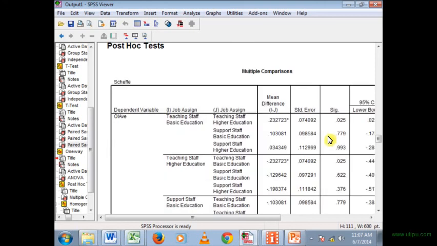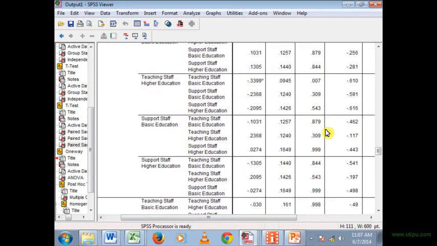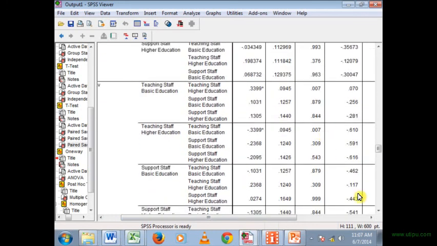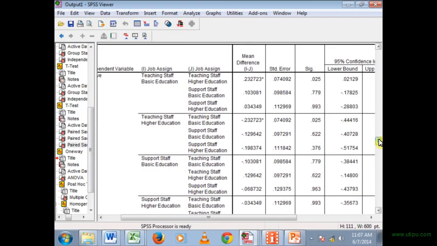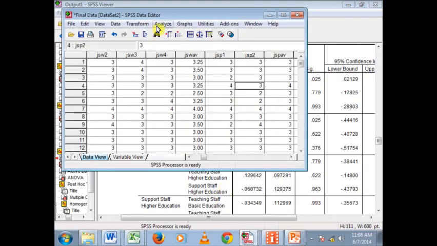The post hoc test will reveal to us that the higher education teaching staff and the basic education teaching staff have more or less significant differences in their intention to leave. Unfortunately, we were not able to get the mean. But if you get the mean, you will notice that